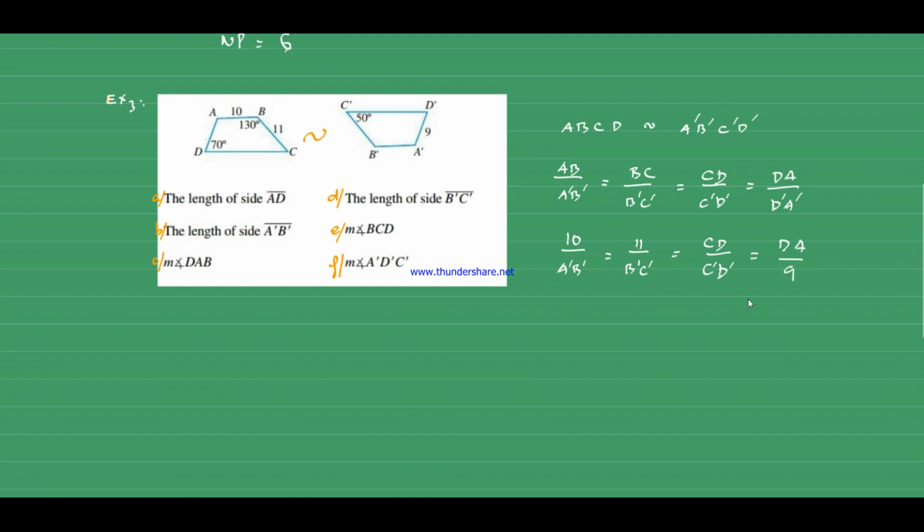So you see that we have only 3 pieces of information, and we want to find the length AD. So I feel like they are missing some information right here, because